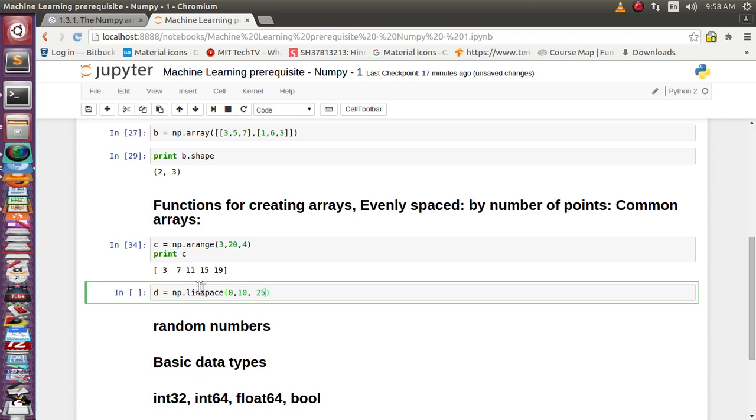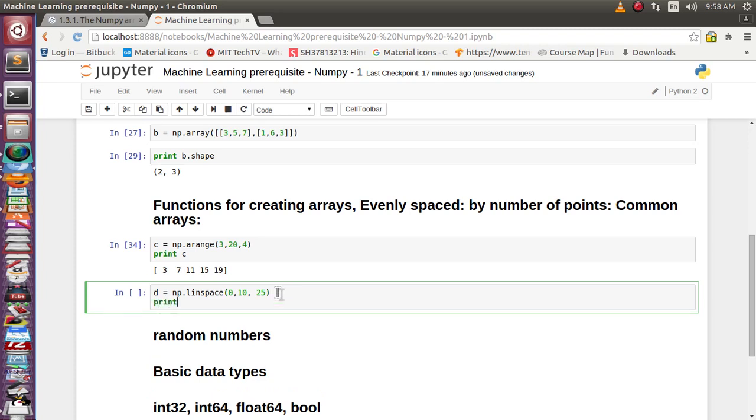So suppose I want to create 25 elements. It will create an array of 25 elements evenly distributed between the range 0 to 10. So between 0 to 10 it will divide into 25 evenly spaced parts and generate the array. So let's print it.